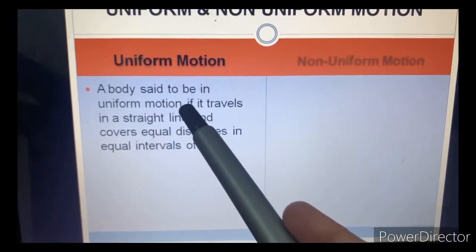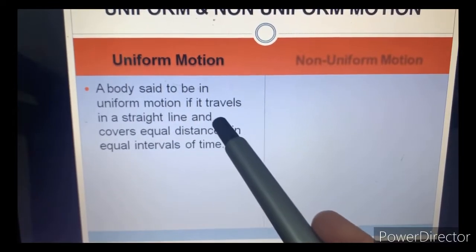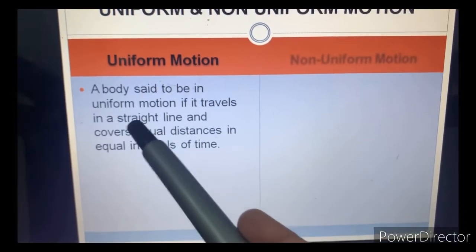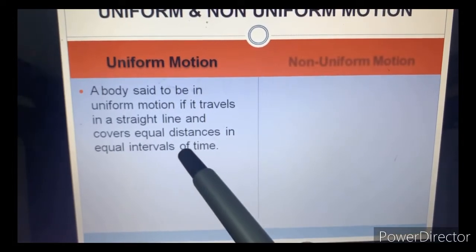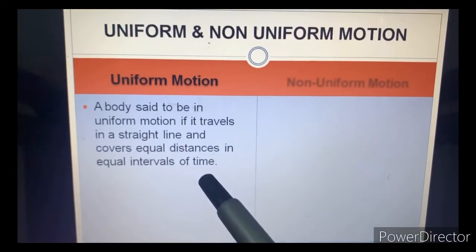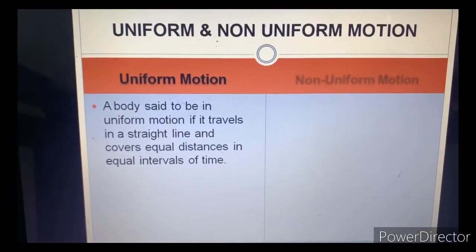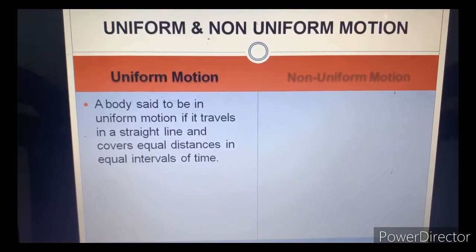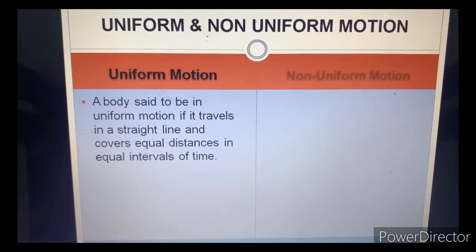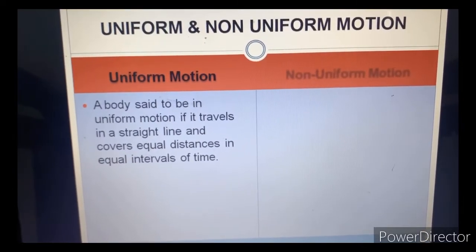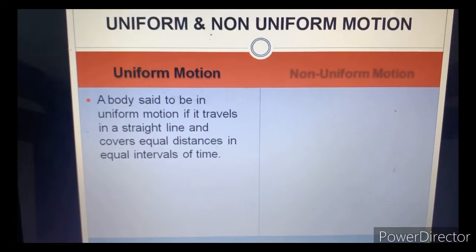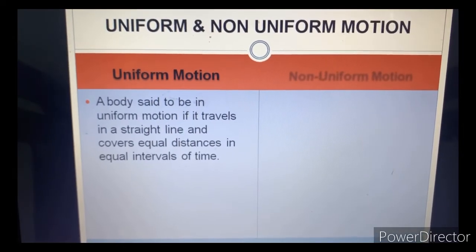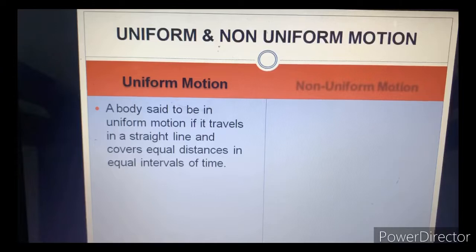It means that if a body is traveling in a straight line path and covers equal distances in equal time, suppose a car starts from rest and in 1 minute it travels 500 meters, then in 2 minutes it travels 1000 meters, and in the third minute